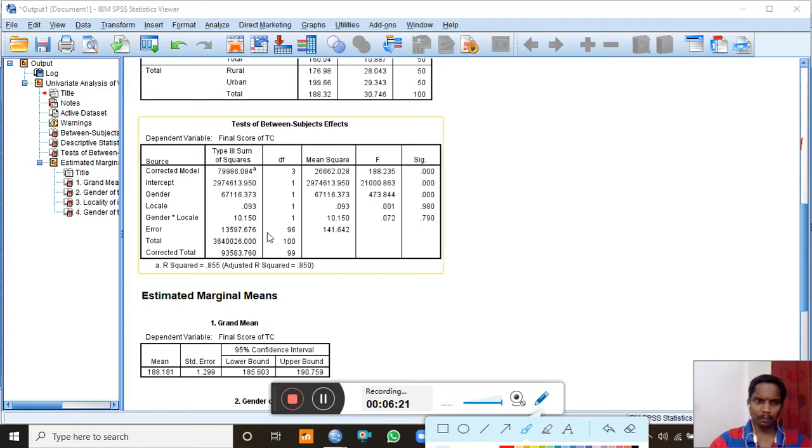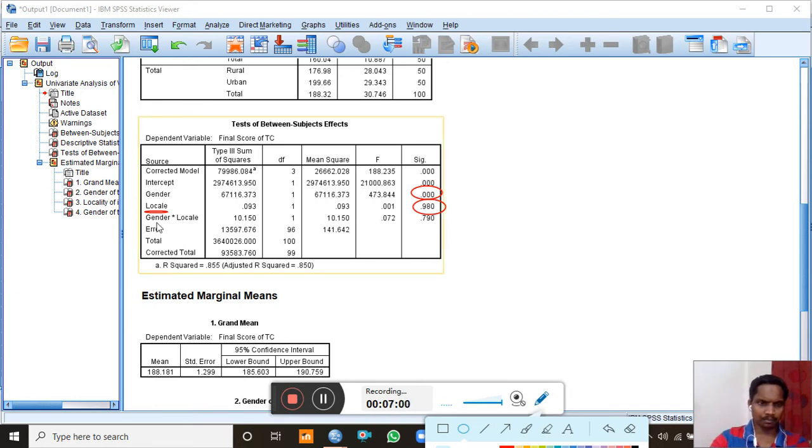Here this is the result you have to see. First let me show you the main effect of gender. You have to see the F value and the significance value. The significance value is less than 0.05, so there is a significant effect of gender on teaching competency. Then the main effect of locale, you can see the value is 0.980, which is of course higher than 0.05, so there is no main effect of the variable locale on teaching competency.